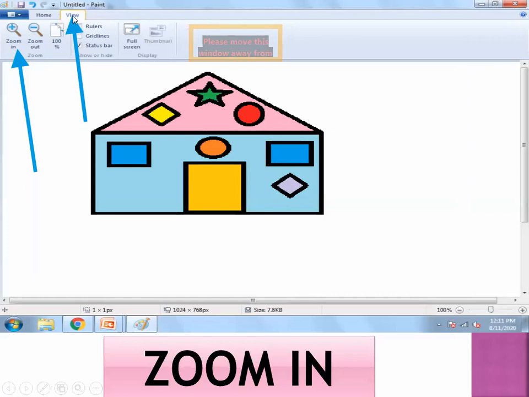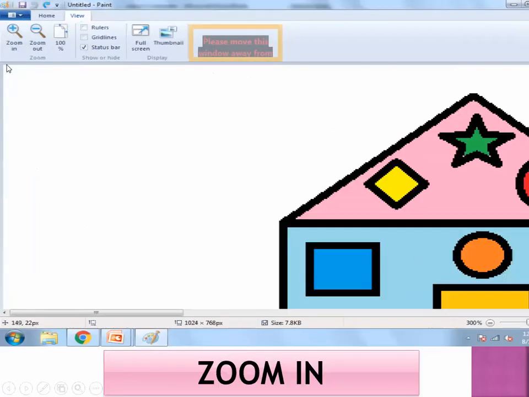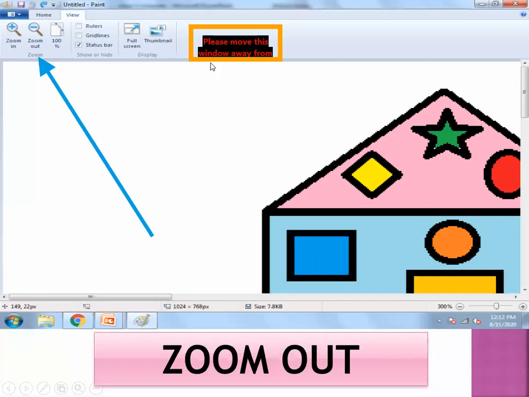When you click on the View tab, to see a larger view, first click on the zoom in option. When I click on zoom in, you can see here a larger view of the image. This is the zoom out option, and we use it to see a smaller view of the image.